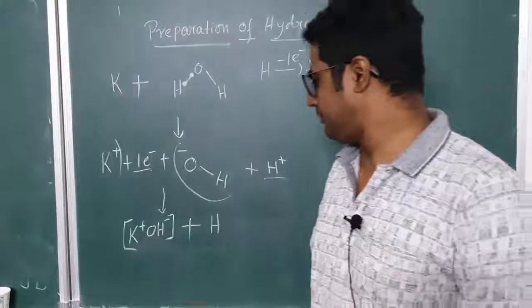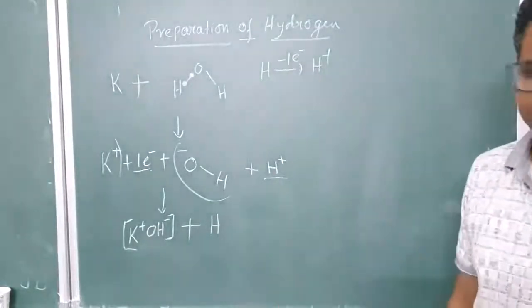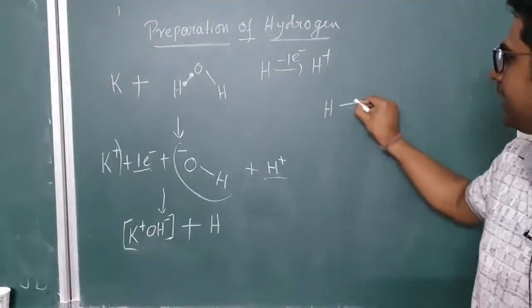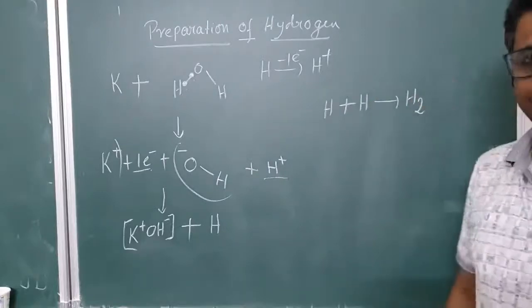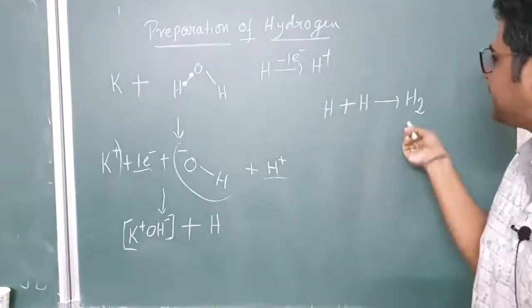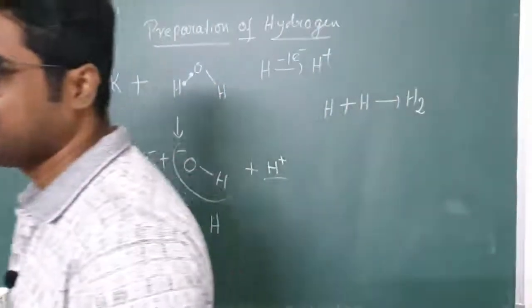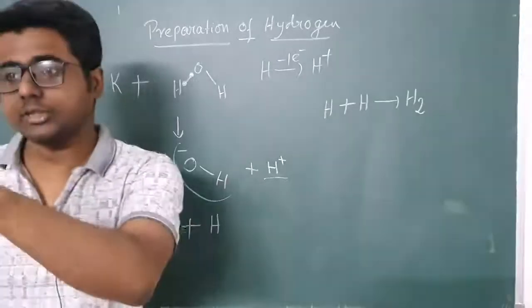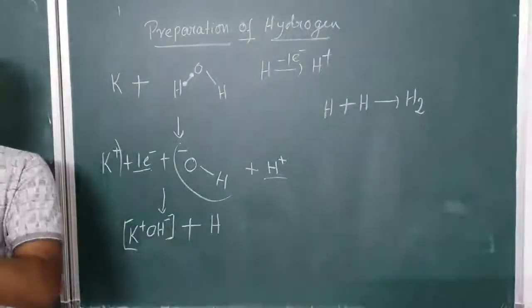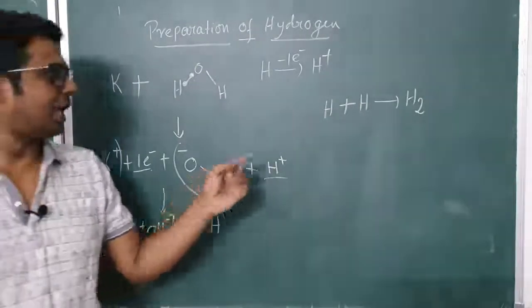Now this H, whatever you are seeing, is atomic hydrogen. This is not molecular hydrogen. So one H comes like this, another H comes like this, and it forms H2, because this is the stable state of hydrogen. Why? Because H has how many electrons? One electron. Now one electron is not a stable configuration. It will have a stable configuration if it has 2 electrons, a duplet like helium, right? So how will it get 2 electrons?